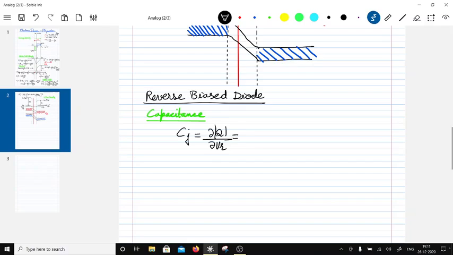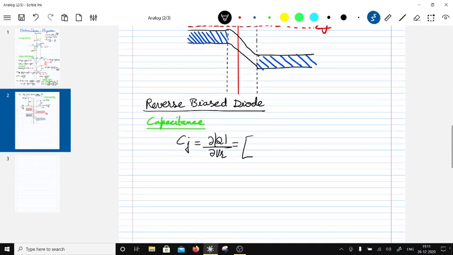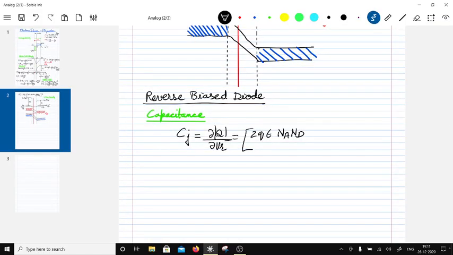If I do that, I will take the terms which are independent of VR outside. That will be twice Q epsilon NA ND divided by NA plus ND, right? And then differentiate with respect to VR, so that will be half of root of